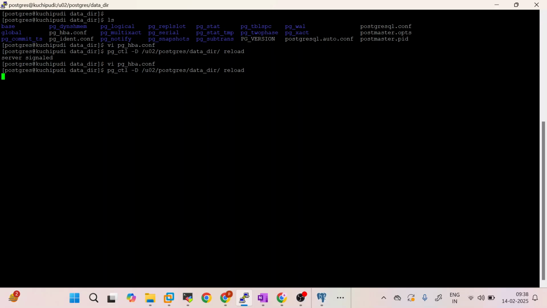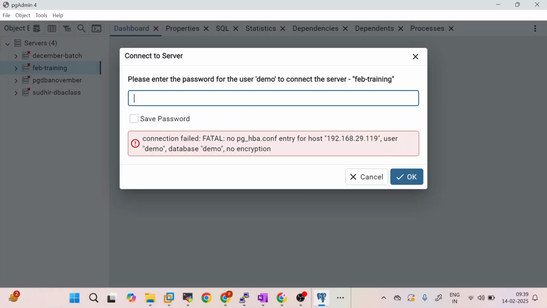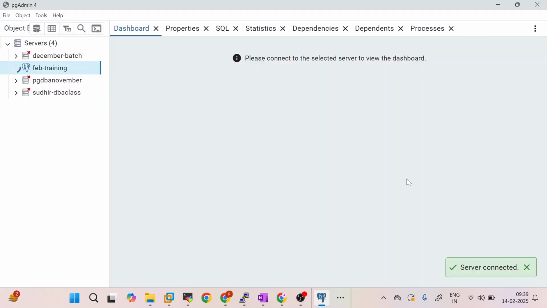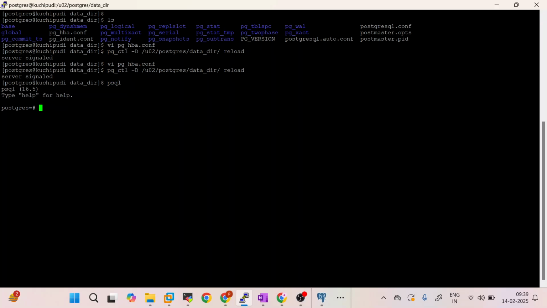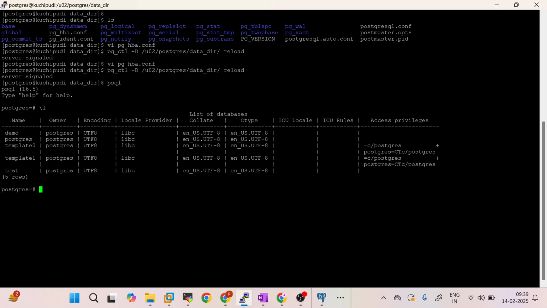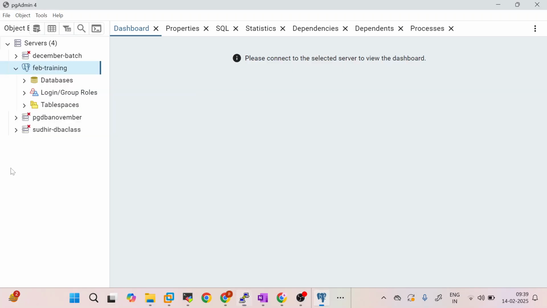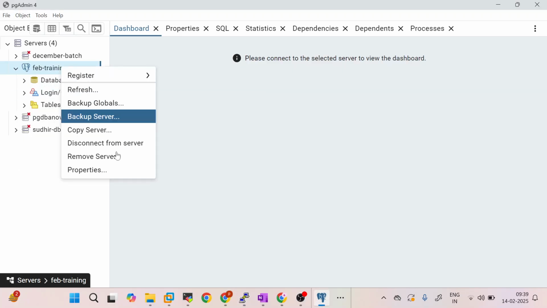Now I did a reload. Now let me try to check. See, the connection is established. So now what I'll do is connect to the Postgres database from here and check what databases are available. Now I'll try to connect to a test database. So let me disconnect here